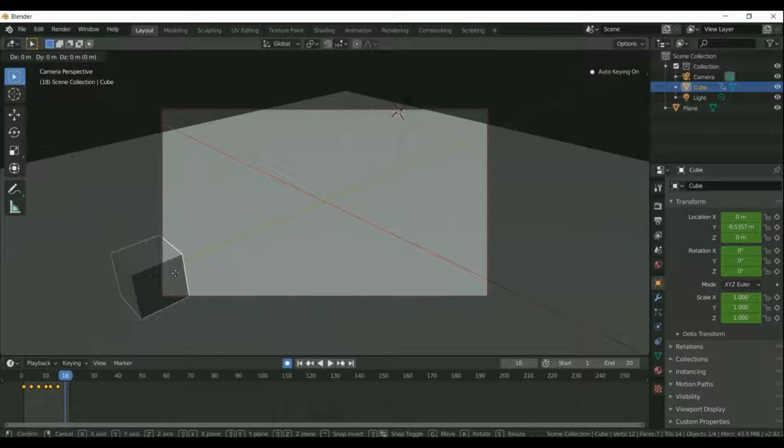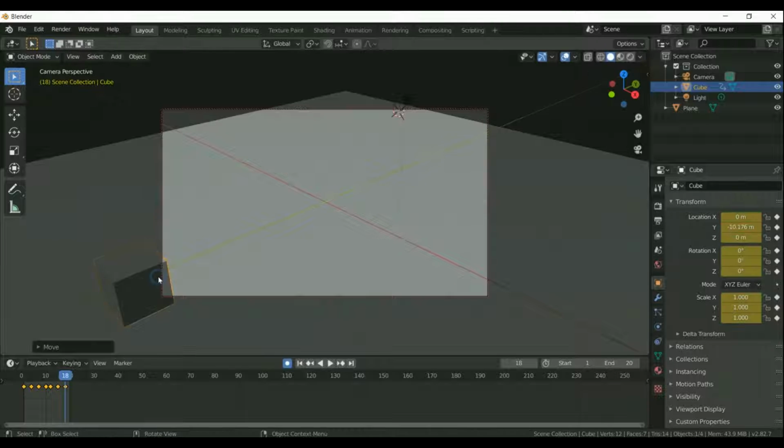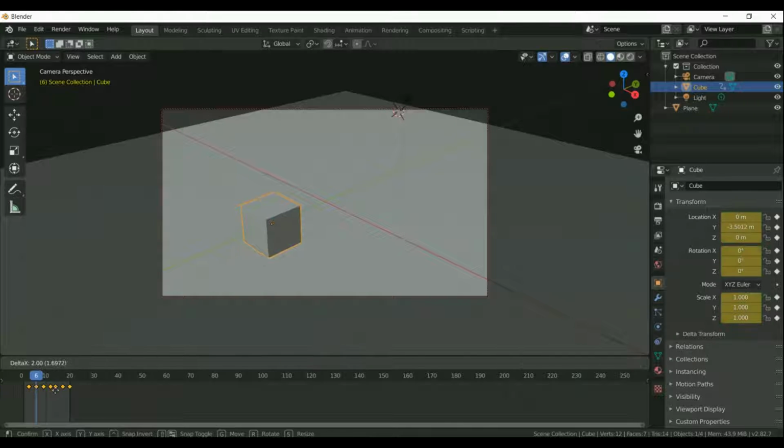You can also move through the keyboard keys. Use the keyboard arrow keys for moving the frame, that is the line from frame 1 to frame 20. In our case, there is a nearby frame, so we need to give some gap between those frames. So just select this frame and move, adjust the keyframe one by one, not the frame.